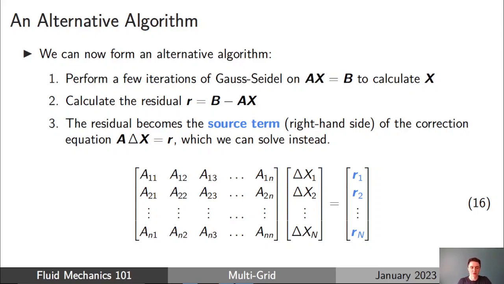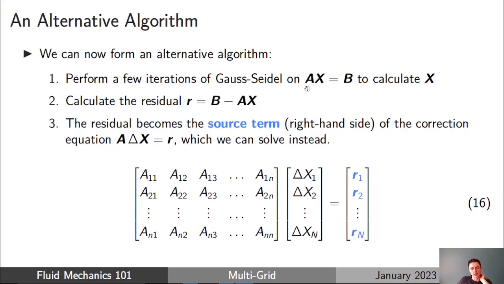Well, what we do is we start out by performing a few iterations of the Gauss-Seidel algorithm on our original equation, on our original mesh, Ax equals b, to calculate x. That's our current solution. And as normal, we calculate the residual vector, r is b minus Ax. And now this is the key point. The residual vector r now becomes the source term, or the right-hand side, of the correction equation. So we now have a source term r for the correction equation, and we're going to solve the correction equation instead of the Gauss-Seidel algorithm on the original